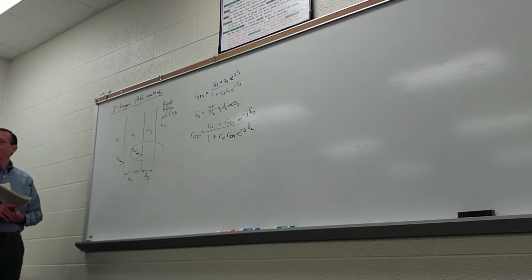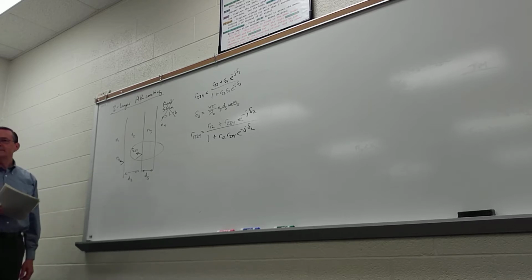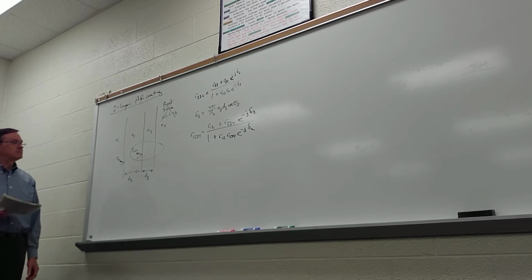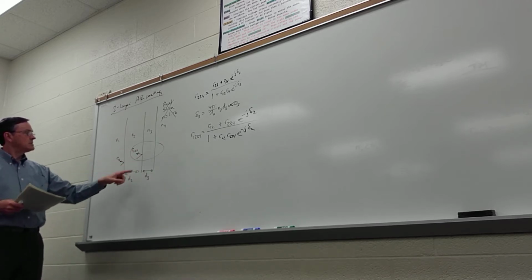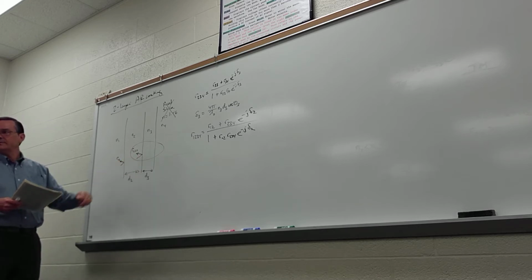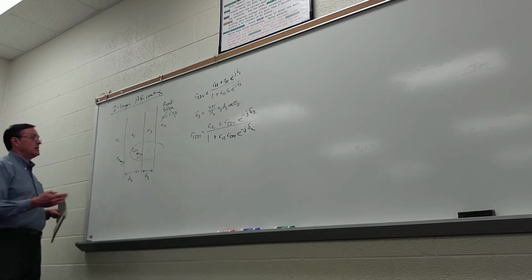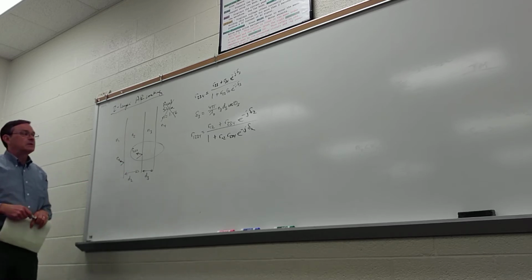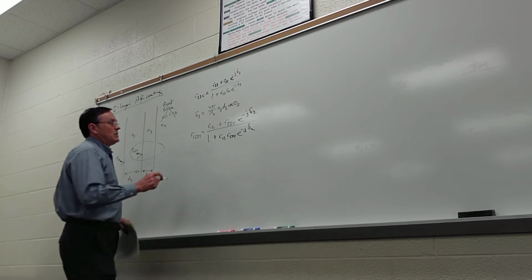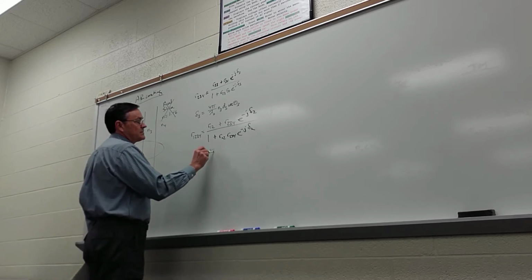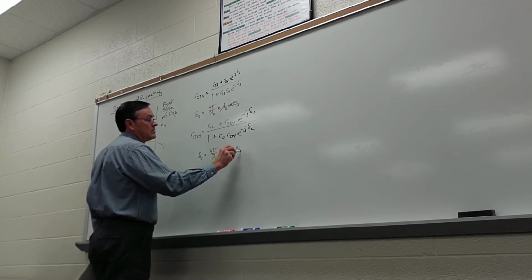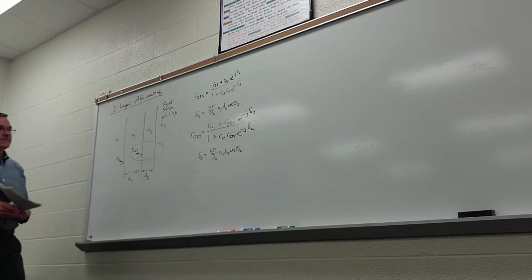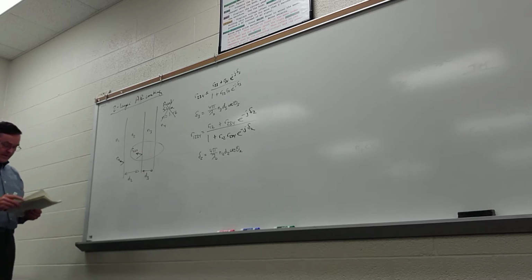So that wasn't very hard to write down, the reflection coefficient for a two-layer system. It's just, take this as a three-layer system with a more complicated reflection coefficient here. And we could do this ad nauseam for any number of layers, but let's just leave it at 2. So delta 2 here is 4 pi over lambda naught n2 d2 cosine theta 2. Okay, so now we have expressions.